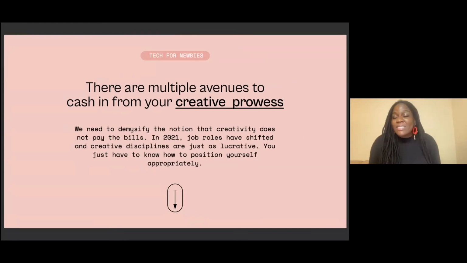And I understand why that's a thing, because growing up, we felt like we had to take on the more traditional roles, right? So things that were safe, engineering, safe, accounting, medicine, law, safe. This is not to discourage you if this is what you would still want to do, right? But this is also to empower you if you want to pursue a creative career, because it is actually very lucrative for as long as you're able to position yourself appropriately.